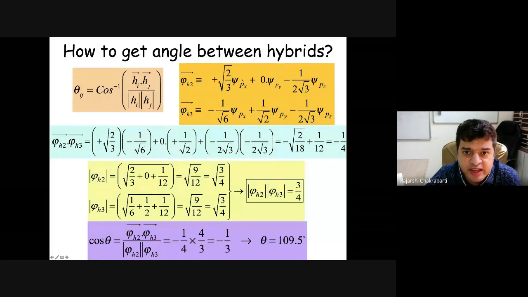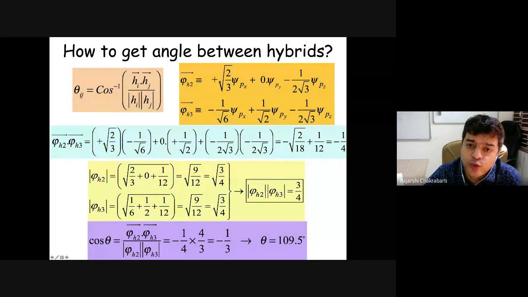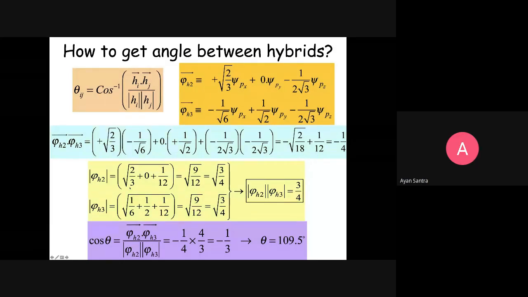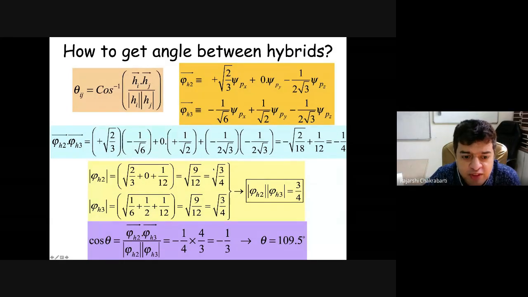Magnitude of this vector is like this. You have to take the square root of the square of this coefficient plus the square of this coefficient plus the square of this coefficient, and take a square root of that, isn't it? That's why it is 2/3, square root of 2/3. This is 0, of course. This is square of 1/2√3, which is 1/12. So if you do it that way, phi h2, phi h3, you can calculate the magnitude, and